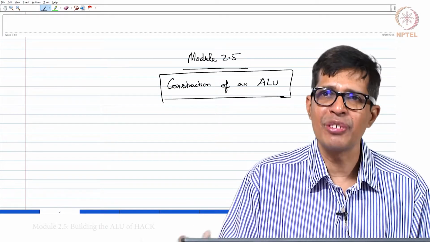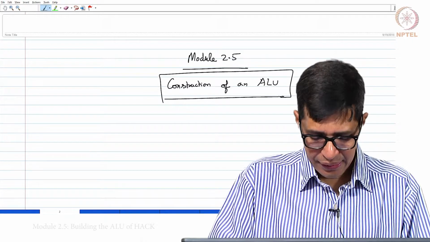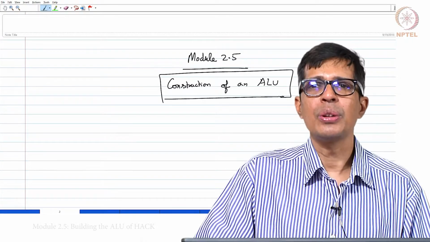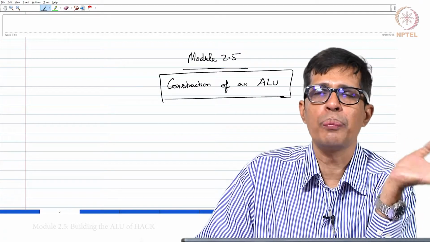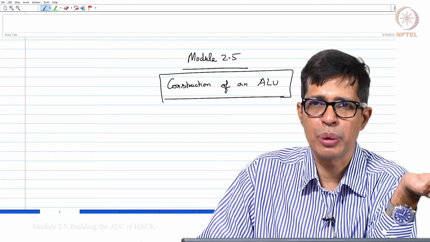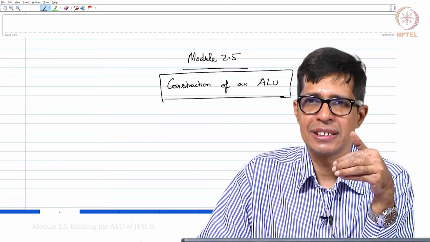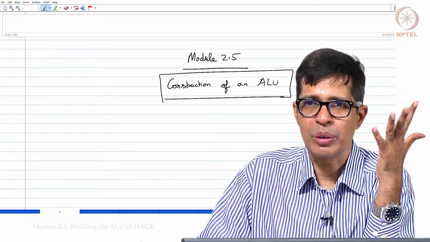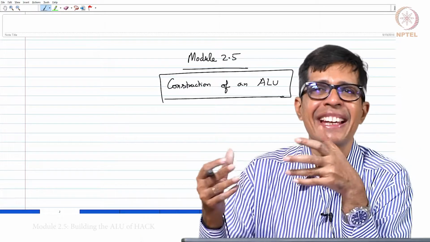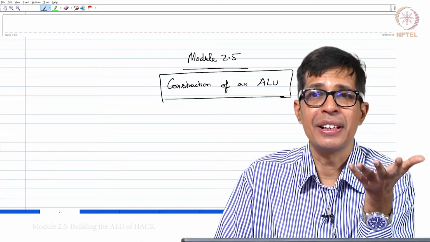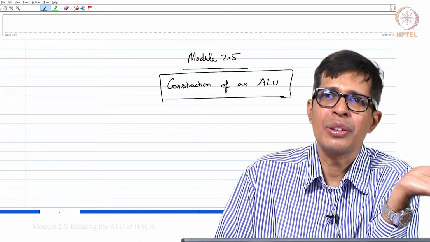I will define what the ALU is, and then we will go ahead and construct the ALU. So the ALU is a hierarchical design which will use all those components you have done in the previous project. They will be instantiated, and you construct the ALU out of it. So ALU is nothing but taking all those components and connecting them together. You will realize how easy it is to build this ALU, provided you have got the basic building